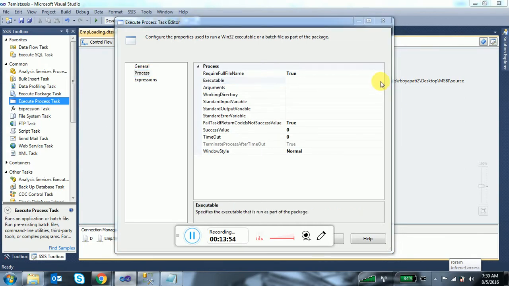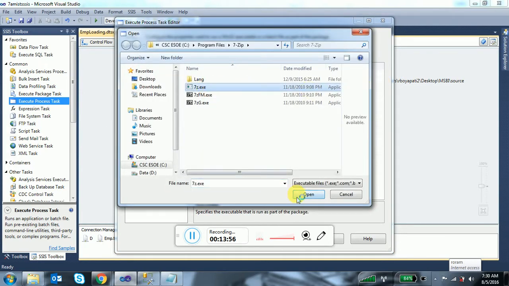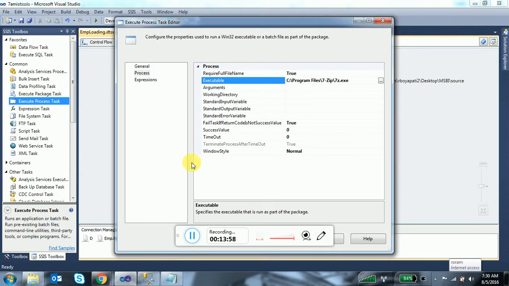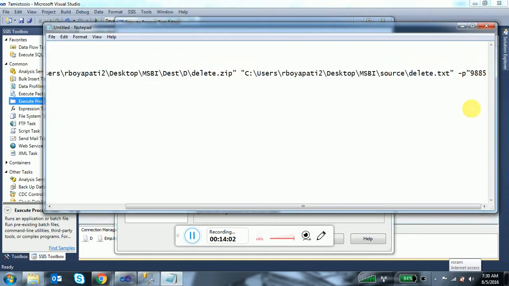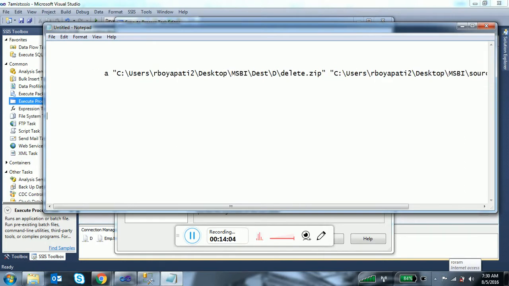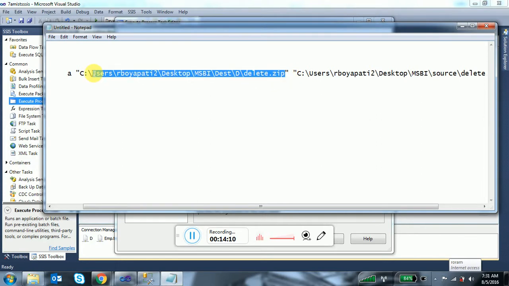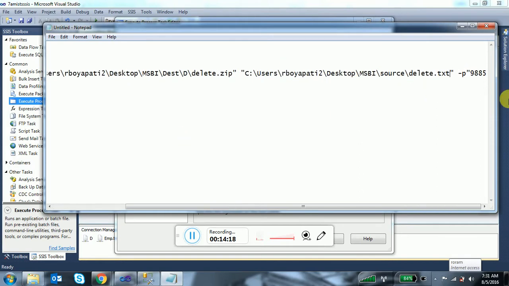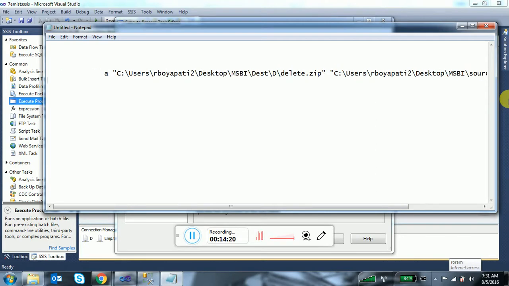Ram, what is A? Why did you write A? Yeah, if you want to zip a file, the argument you have to pass is A. For unzipping, you have to pass E. That is a static, hard-coded one, and my file name is Anu. So this is the file I am going to unzip now, and the argument we have to pass is E.